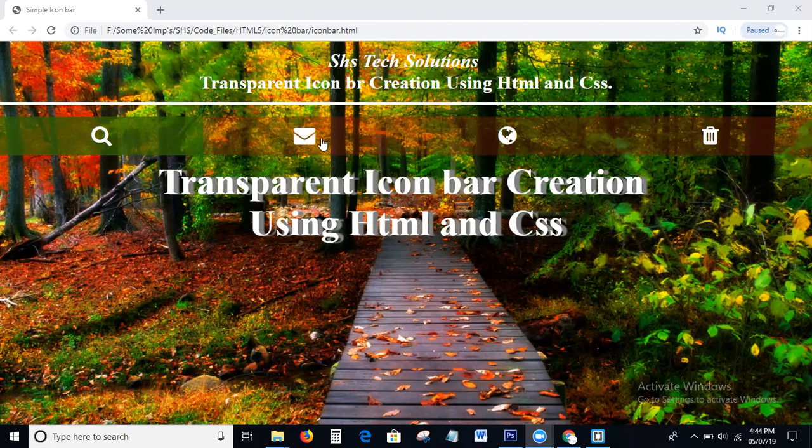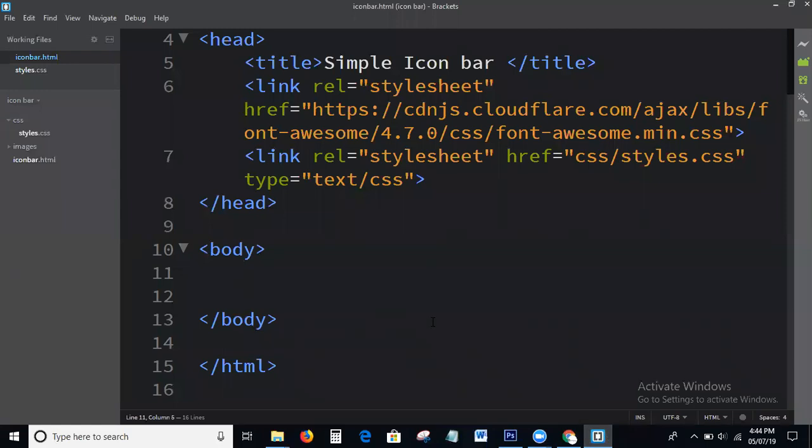Okay guys, I'm going to the topic. What we discuss today: how to create an icon bar with a transparent background using HTML and CSS. This is the basic HTML structure, which all of you know. Here I write H1